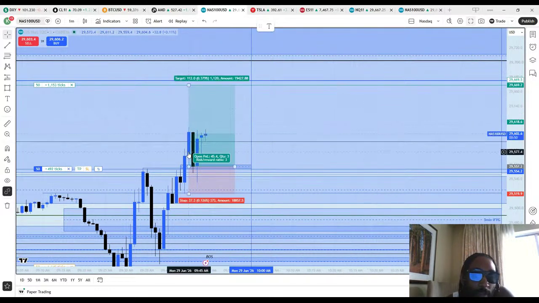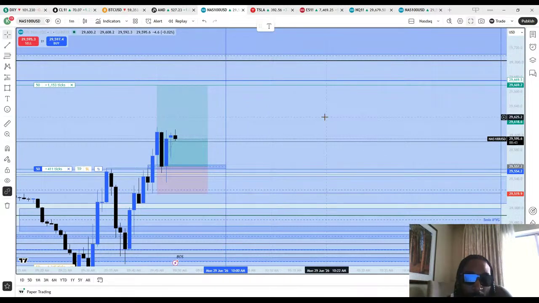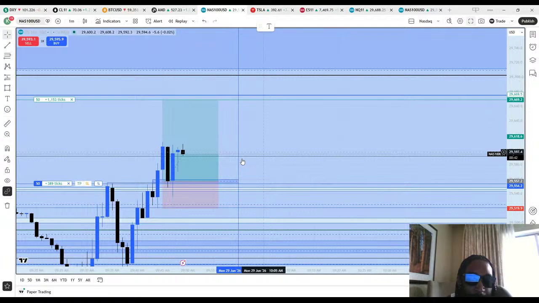So let's see if we get a closure above this 1 minute bearish close candle, or down close candle. If we get a closure above that,